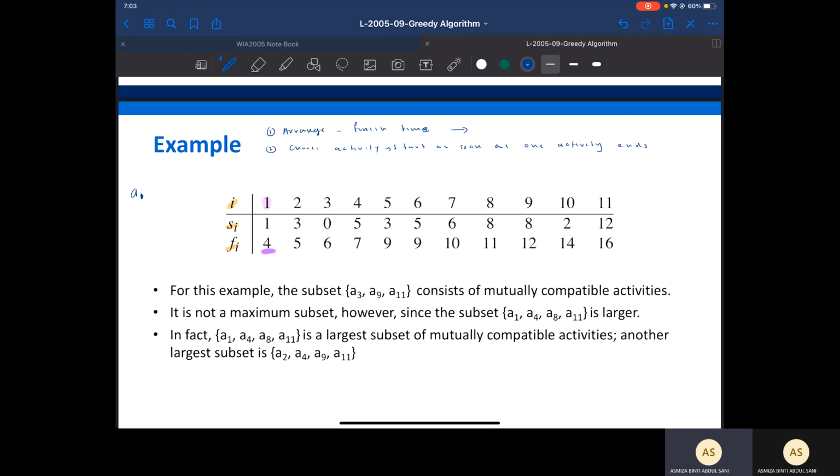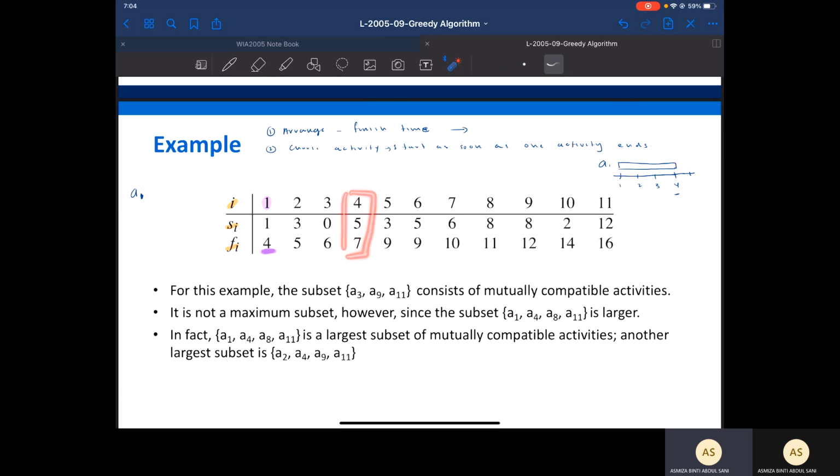So let's say, for example, you have a timeline: this would be time 1, time 2, time 3, and so on. Let's say activity 1 starts at 1 and ends at time 4. Of course, for the next activity to start, it cannot overlap with activity 1. So the next activity needs to start after time 4. Therefore, we cannot have 2, we cannot have 3, and the next activity that we can possibly do